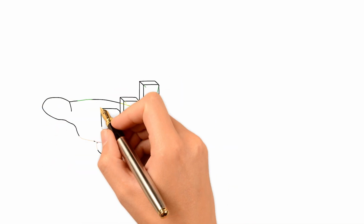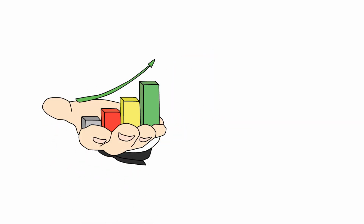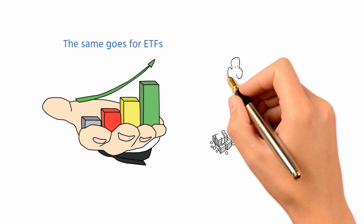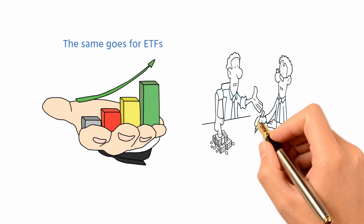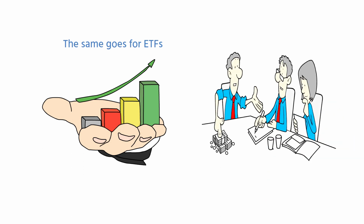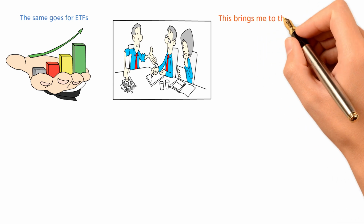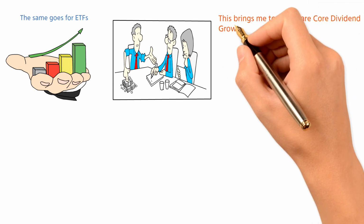Not every stock needs to be a guaranteed success. The same goes for ETFs. That's because by swinging for the fences every time, you may miss the chance of getting singles and doubles that add up over time. This brings me to the iShares Core Dividend Growth ETF,